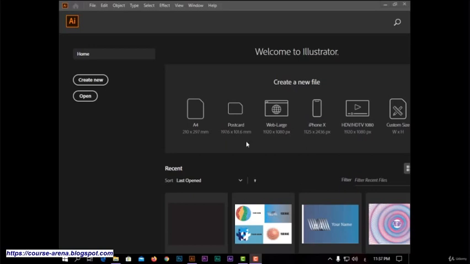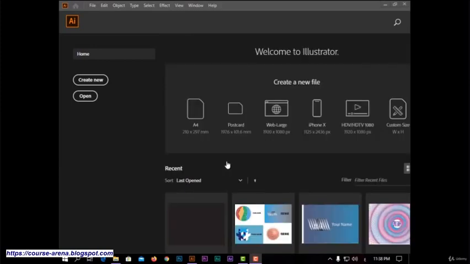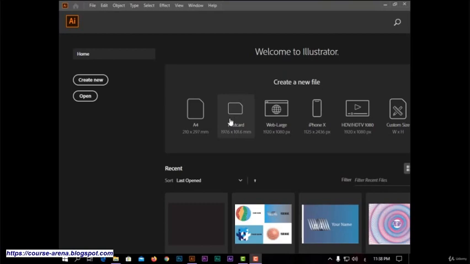After opening Adobe Illustrator, you will see this page. You have here create now to make a new project or open to continue a previous project. And you have also here some templates for some projects like A4, Web Large, iPhone X. And you have also here your recent projects. You can open any one of them, and in the top here you have a search button to search online for anything in the program. So I will start with create new,